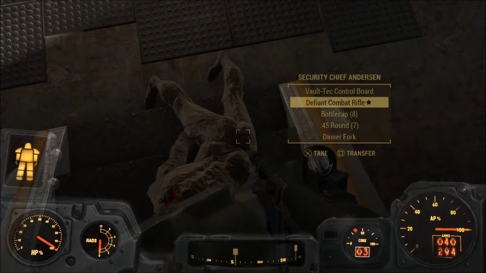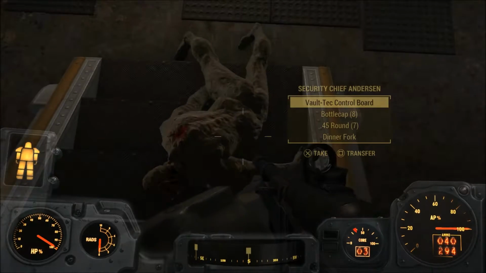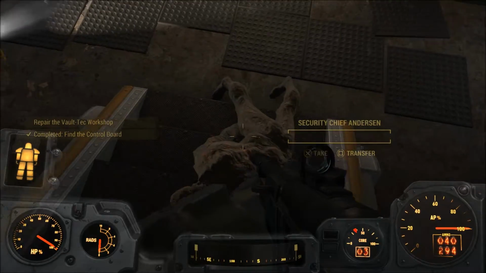Vault-Tec Defiant Combat Rifle. Hold on. Final shot deals twice the normal damage. Yeah. This rifle does double damage because it fires 2 shots every time. Okay,